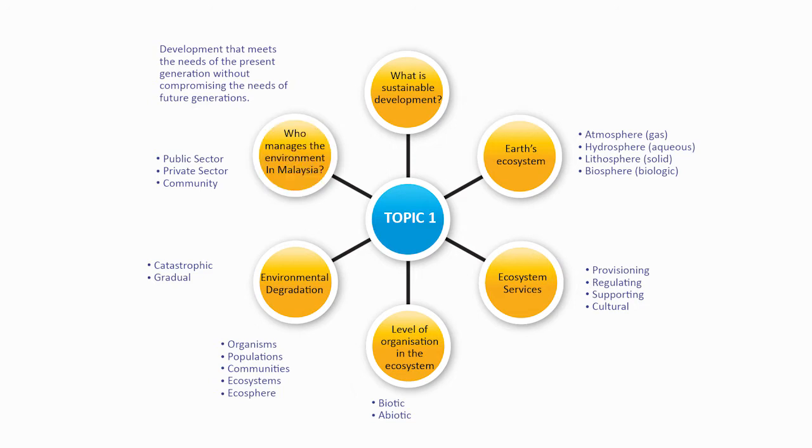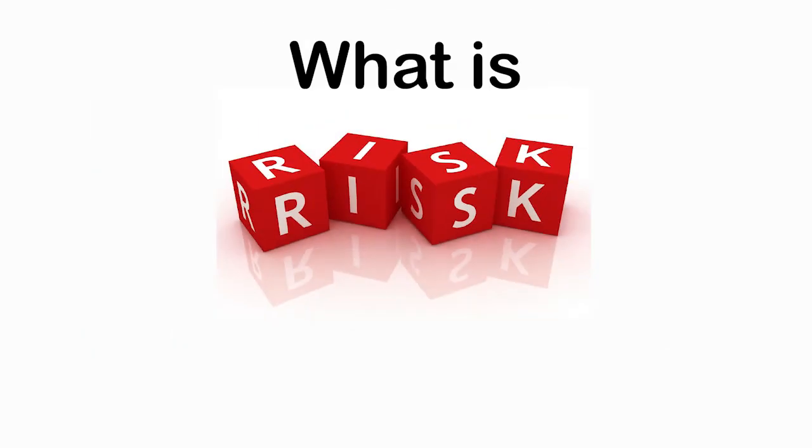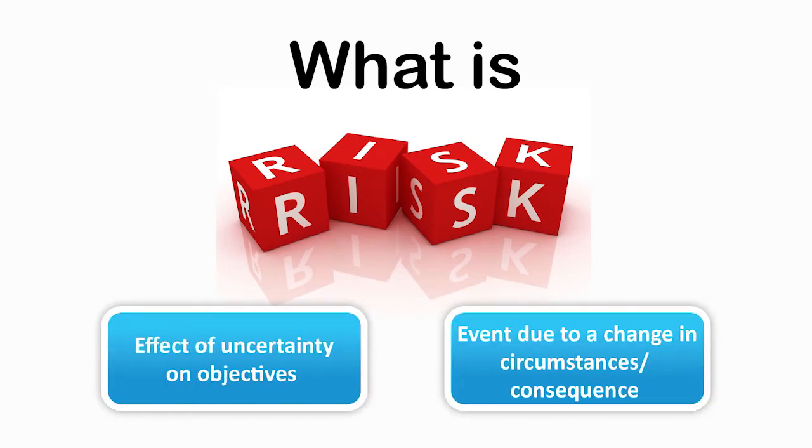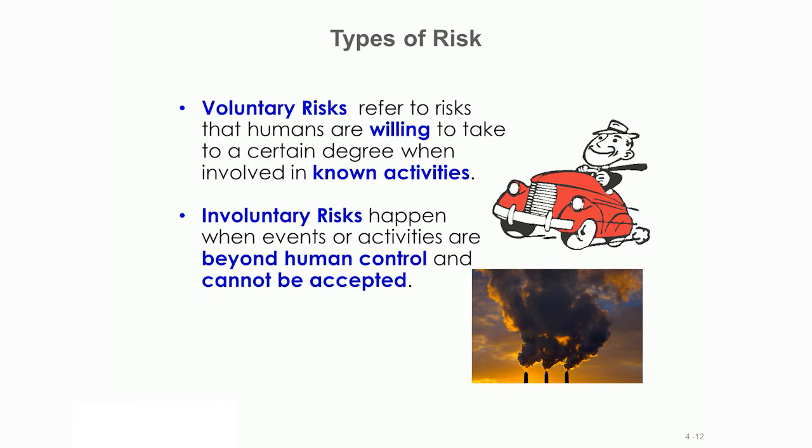Now, let us begin today's session. In our daily activities, we are exposed to a certain amount of risk. What is risk? According to ISO 31000, risk is the effect of uncertainty on objectives. There are two types of risks, which are voluntary risk and involuntary risk. Let me explain further. Voluntary risk refers to risks that humans are willing to take